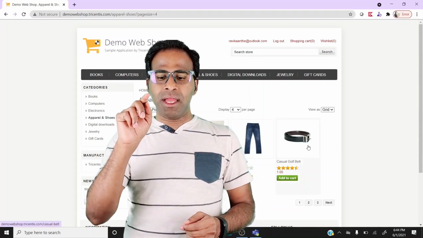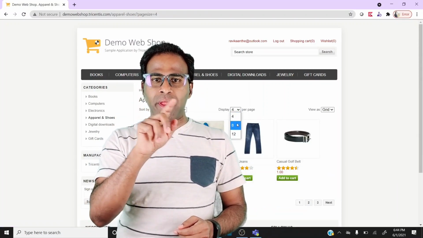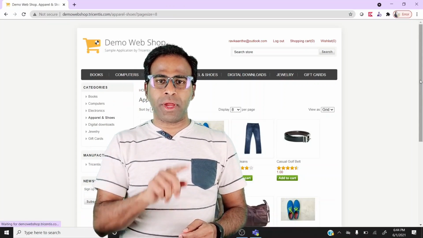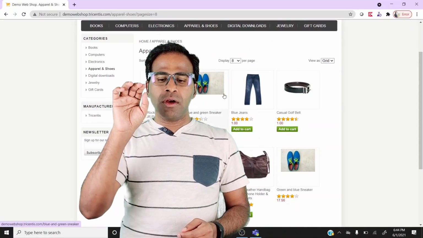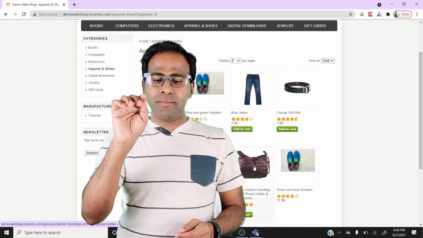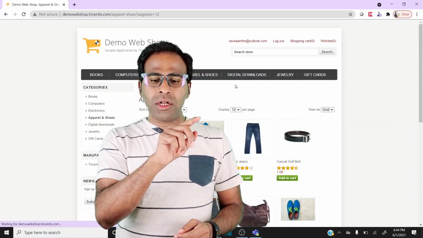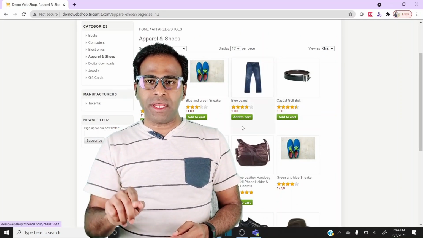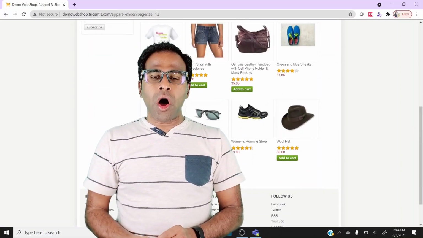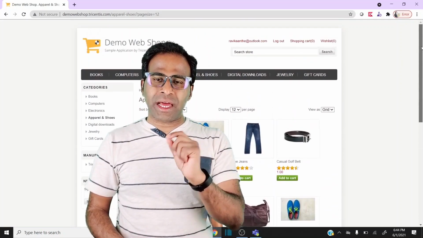If you select 8, then it's going to display 8 products. If you select 12 from the drop down, then you have to verify all 12 products got displayed on the screen. So now how can you automate this functionality